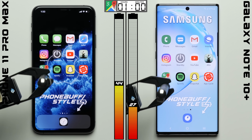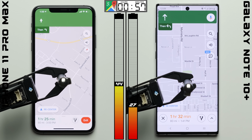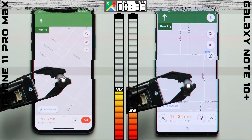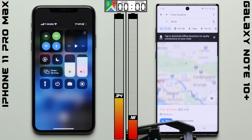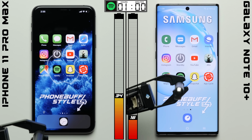Here in Maps, we're simulating a navigation notification on each phone, with GPS turned on and both phones actively checking for traffic information, where after 1 hour, it's more of the same. The iPhone improves its total lead to 18%, which is a big difference compared to last year's iPhone XS Max,